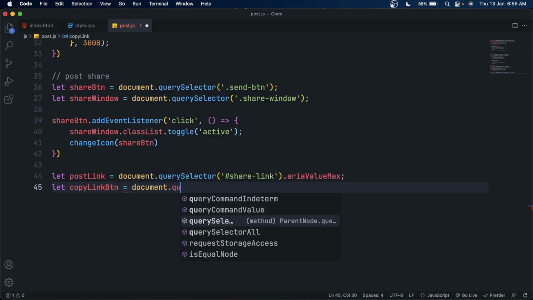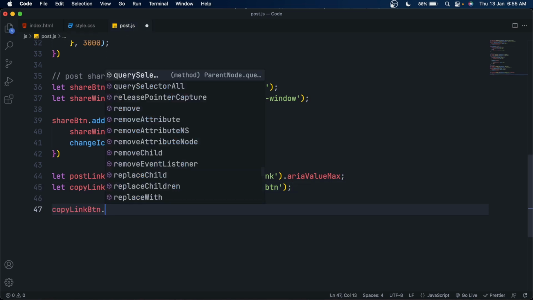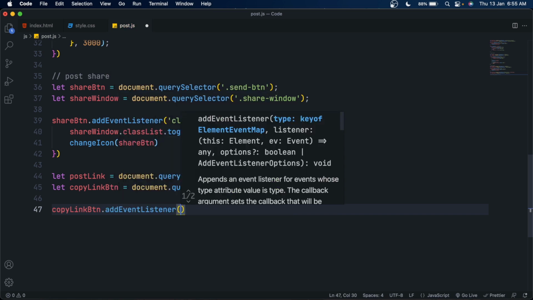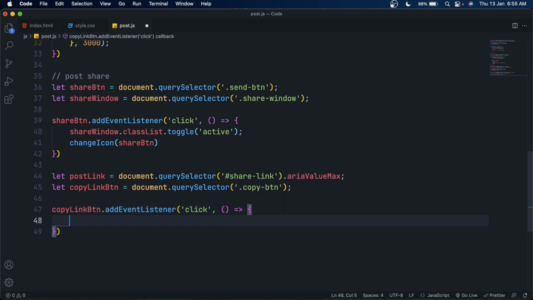And after the post link, make another variable called copy link btn and set it equal to document.querySelector .copy btn. So we are selecting the button and the share link input. Now add a click event to the copy link btn using addEventListener, and inside it